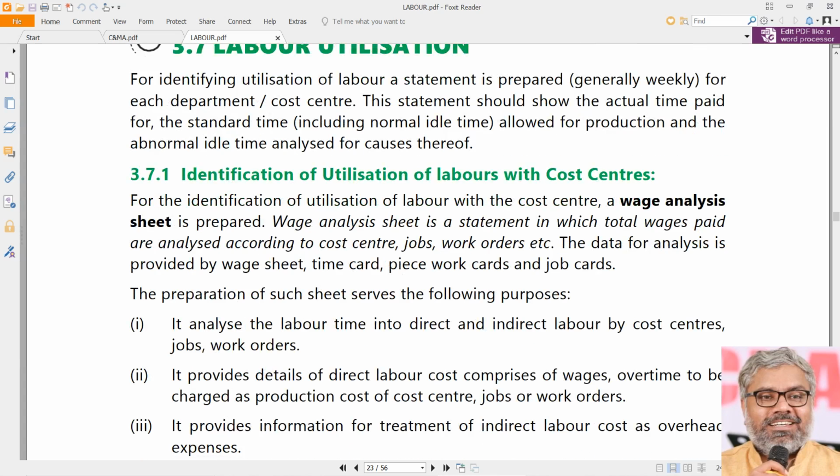Utilization is basically about how a particular worker's time has been utilized for a particular job, that will be coming from a wage analysis sheet. So that is only a practical document, we can say, which is prepared in the factories. What is that? If a short note question is asked, you can just write this. It is a statement in which the total wages paid are analyzed according to the cost centers, jobs and work orders, etc. Which means from this sheet we can identify first of all totally how many hours they have worked,